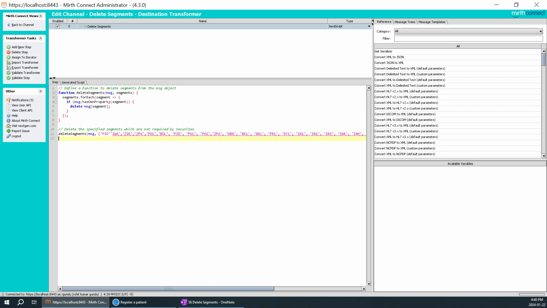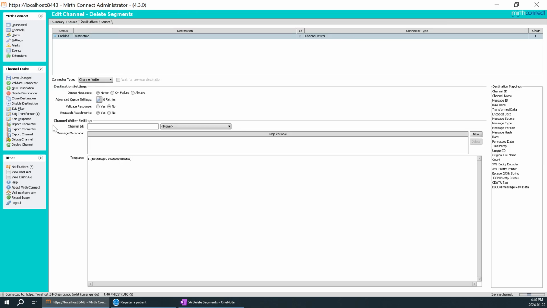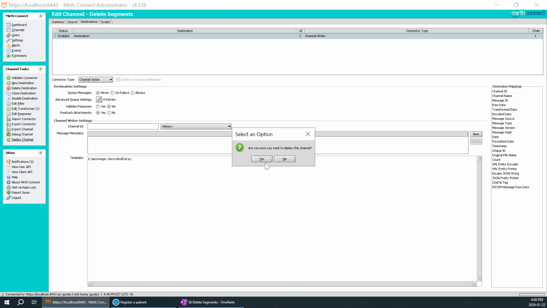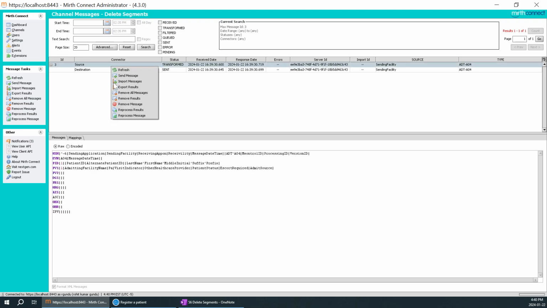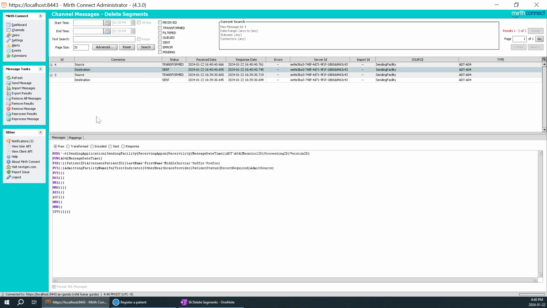It's very simple, right? If I want to remove any extra segment which is coming, I'll just add it over here, and automatically that segment will be removed. So you don't need to do any extra code. By using this simple function, you can delete any number of segments by adding them over here. Now we'll go back, save changes, and deploy this. In the delete segment channel, we'll reprocess the same message. Perfect. Now you can see in the encoded part, all the segments have been deleted except EVN,